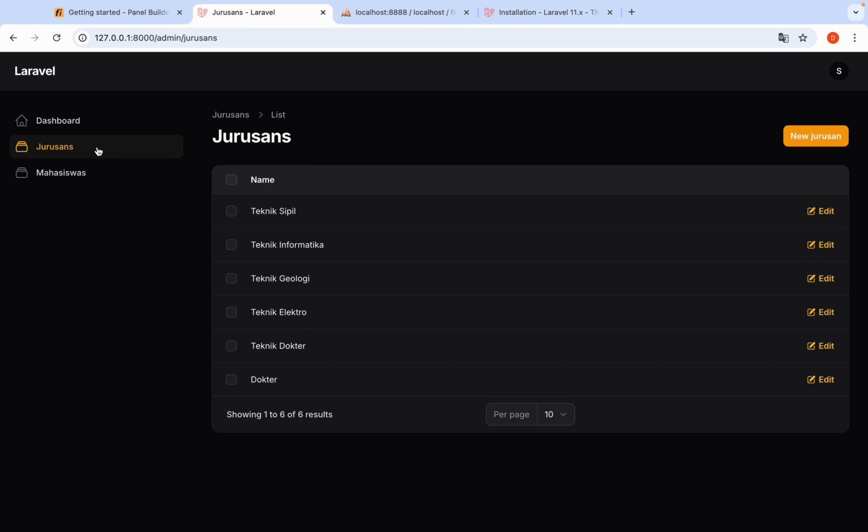The good thing about Filament is we don't need to code PHP, we don't need to code HTML, we don't need to code CSS, but we need to know what the function of the syntax in Filament is. There are pros and cons, if you want to learn Filament deeply.